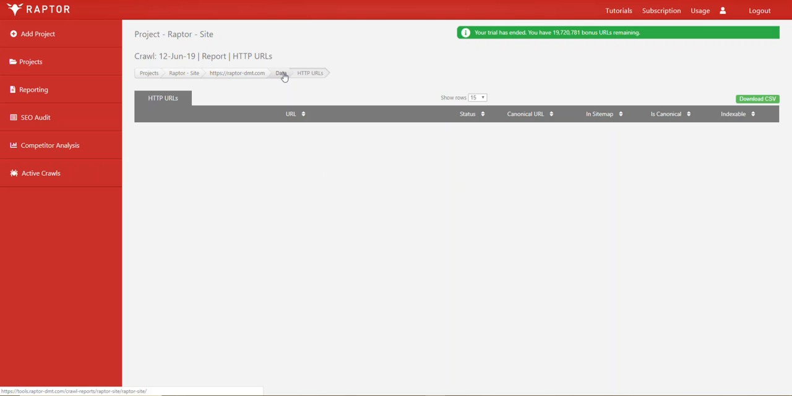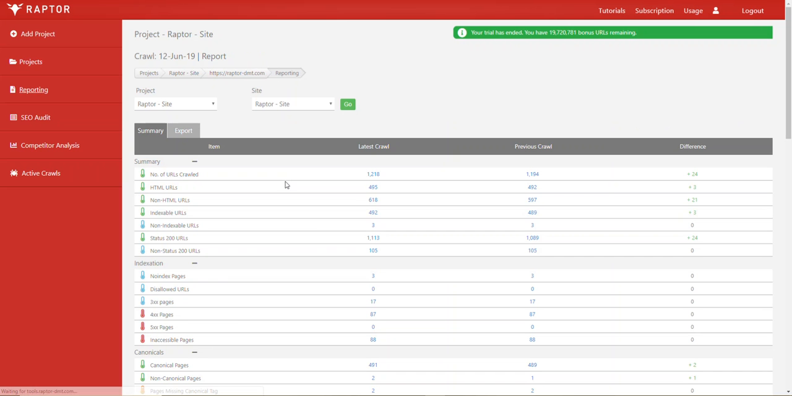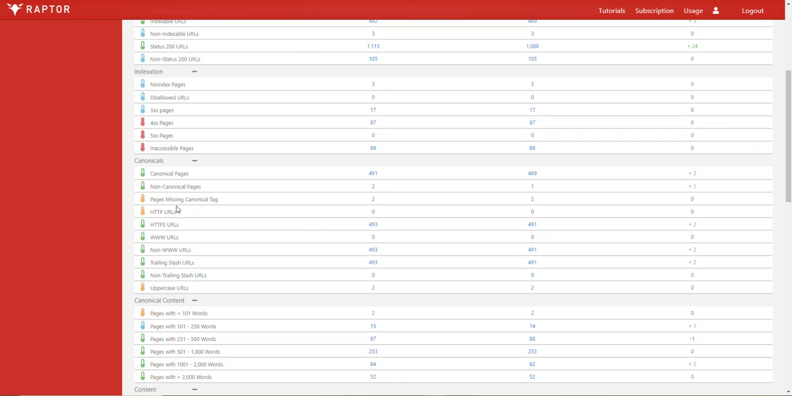So by clicking data in the breadcrumb navigation, we can go back to the reporting page and we can see HTTP URLs. We give this a minor error, as is indicated by the orange thermometer next to the item itself. This means that it's a minor error. Typically, sites should use HTTPS rather than HTTP, and so we always suggest that if you're using HTTP, you upgrade